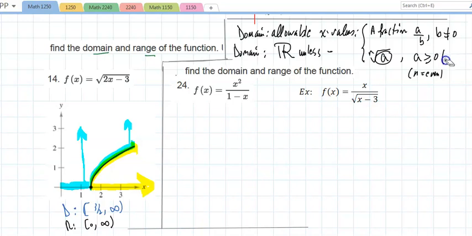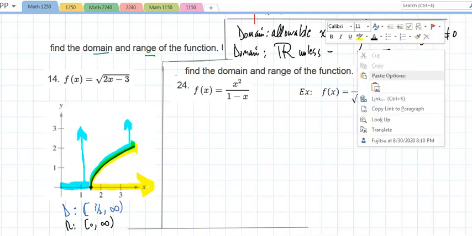A log behaves, you know what, might as well since we're here. A log base A of A,